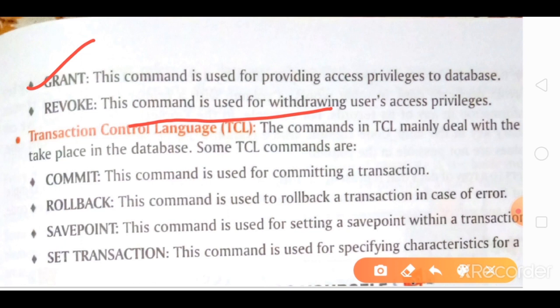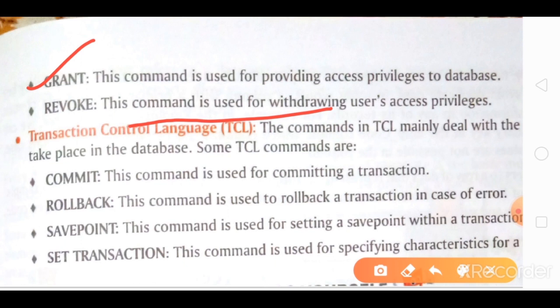Now moving to the fourth database language, that is transaction control language. When we are working in an online mode, for example we are doing our e-reservation, booking our tickets, there is a change in the database, isn't it? For example, if you had booked a ticket for a particular seat in the cinema hall, someone else can also buy it if there is no change in the database, and it will show that particular seat is available.